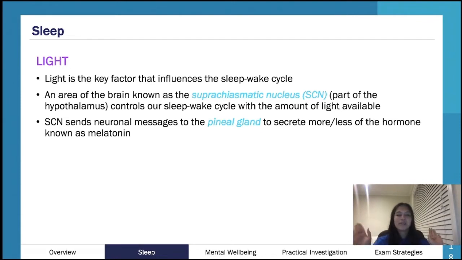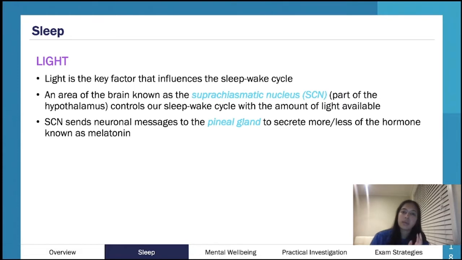I think about it like the suprachiasmatic nucleus sits higher in the brain, on the throne or whatever. It tells its little pineal gland, hey, I'm seeing a lot of light. Do not release that melatonin. Don't make me sleepy. The light is on, which means it's daytime and I'm meant to be awake. Then the pineal gland goes, okay, cool, I'm not going to release any melatonin. The SCN told me not to because it's light out. I don't want to be tired if it's daylight. And then you don't get drowsy.